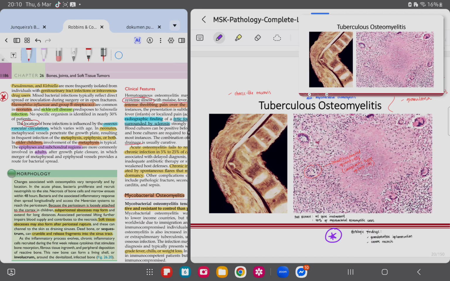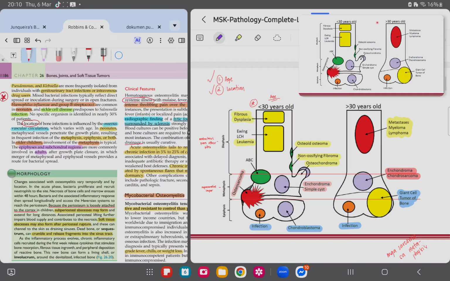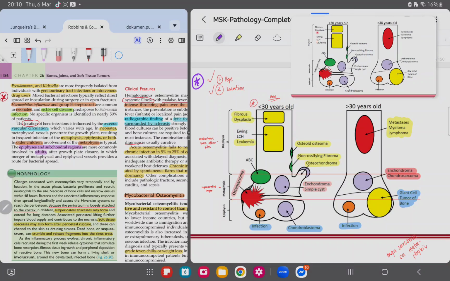infer what is the provisional diagnosis by knowing the age of the patient, whether the patient is young, less than 30 years old, or whether the patient is more than 30 years old. Afterwards, look at the imaging findings. Is the lesion located in the diaphysis, the metaphysis, or the epiphysis? If it's located in any of these three regions, then you begin to evaluate whether it's located within the center of the bone or in the marrow area, or is it an outgrowth like what you see in osteochondroma? Okay, or sometimes it may occur or transverse two regions, but all the same, the location is characteristic.